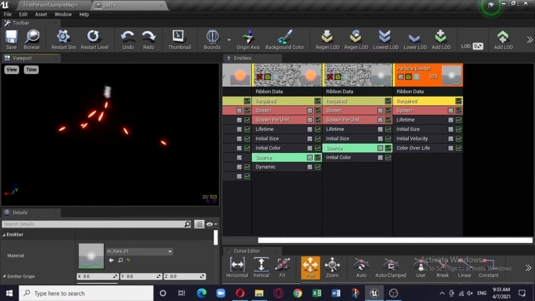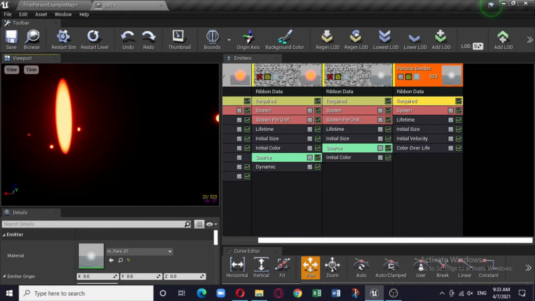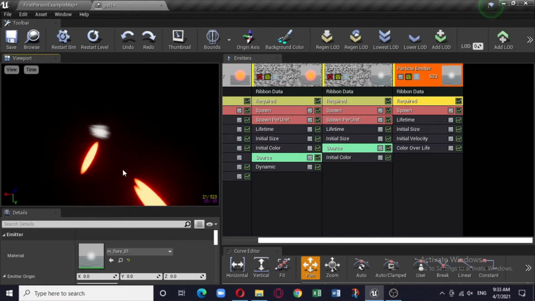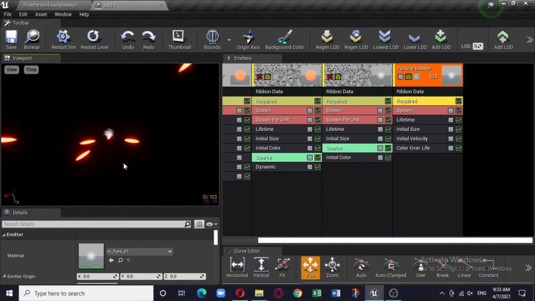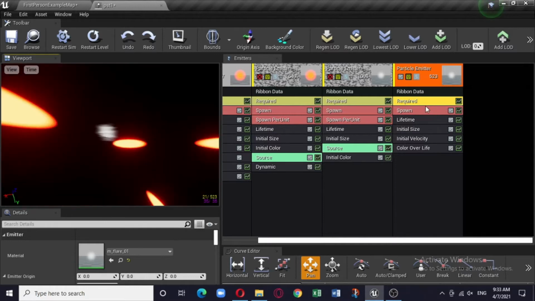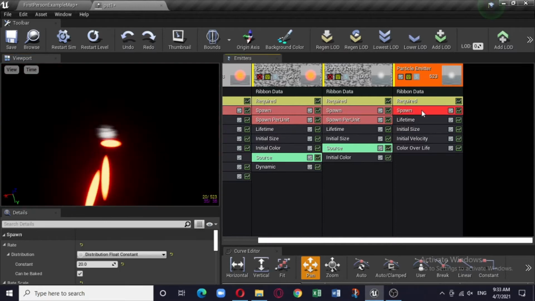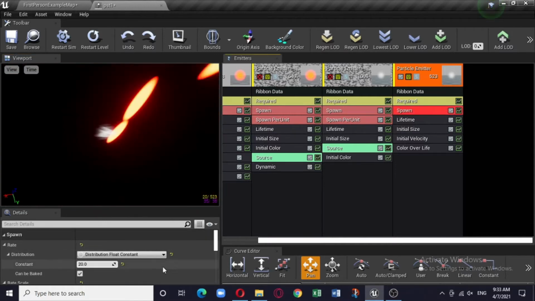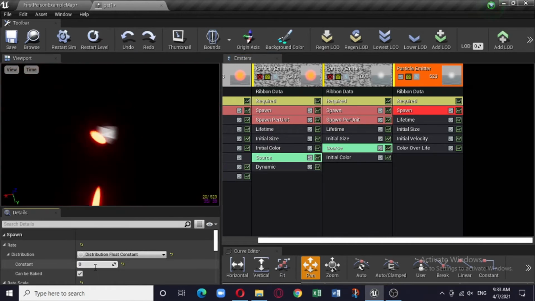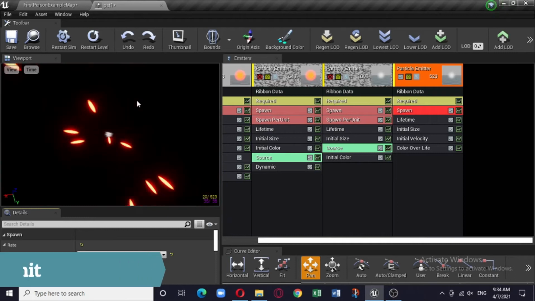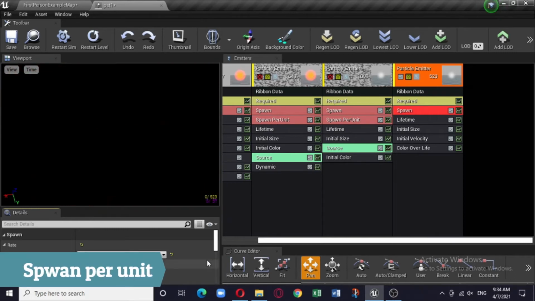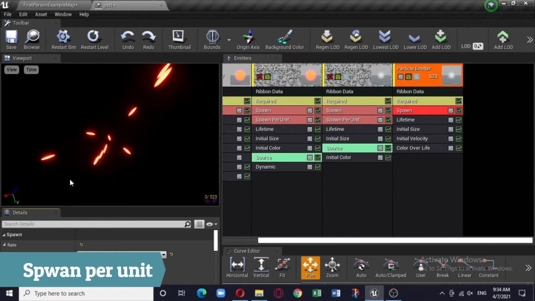Okay, so you can see this ribbon is actually getting emitted, but we don't want this ribbon to be emitted, or what you can call it as spawn. So go back to spawn, and there you can see the constant which is 20. Make it 0. We actually don't want any emitter or any ribbon to be spawned. Fine, you make it 0. So you can't see anything other than this original emitter.